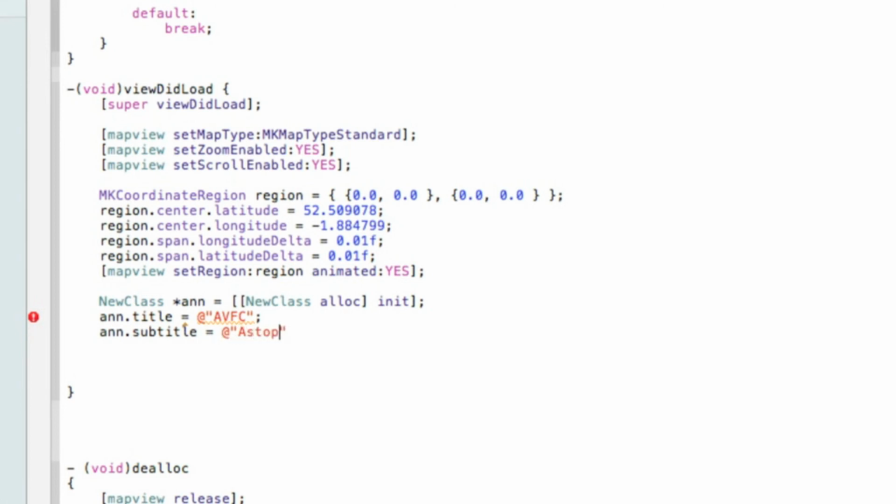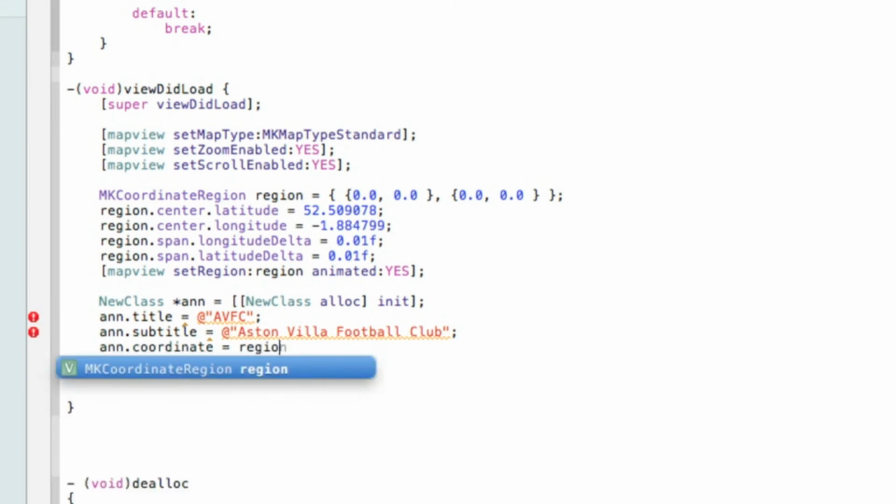So I'm simply going to type in Aston Villa Football Club, my beloved team. I'm going to expect a little bit of hate for this now, but it's okay. Semicolon, hit enter. This time we do dot coordinate =